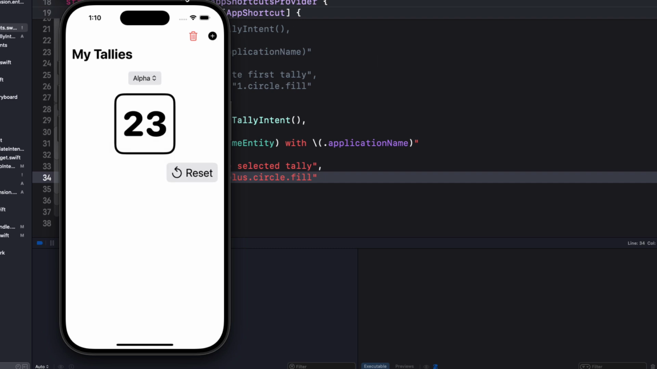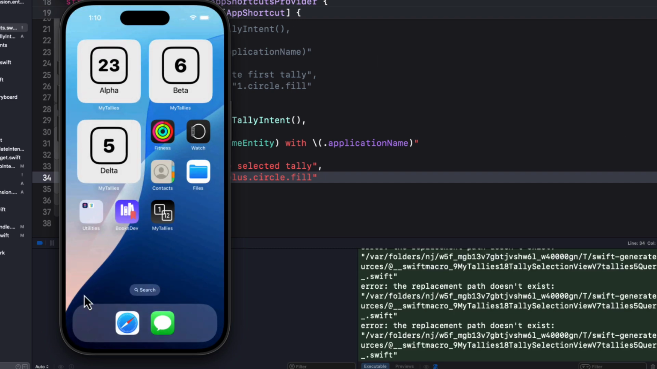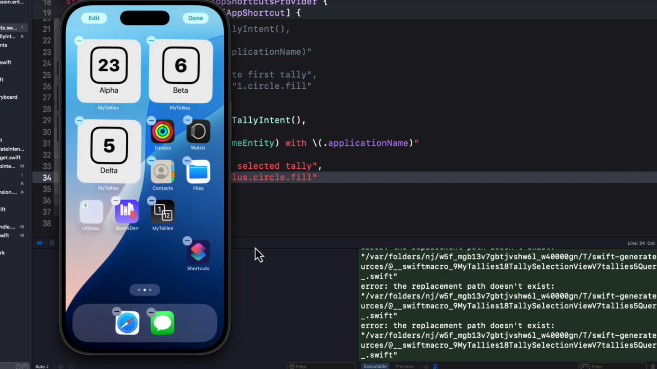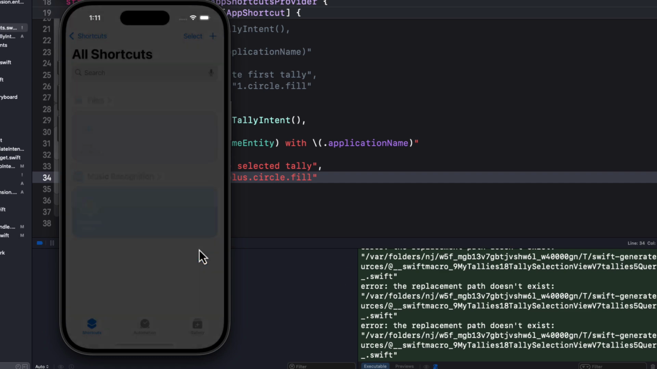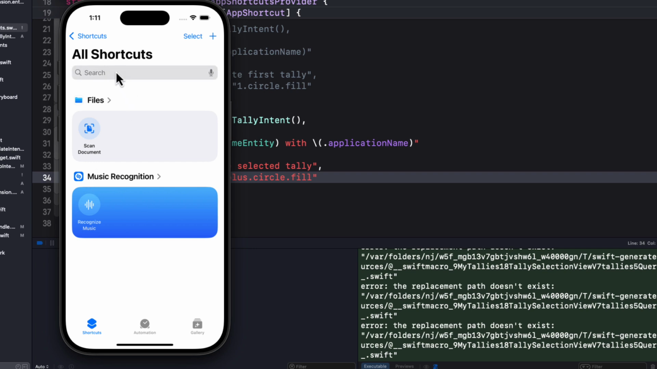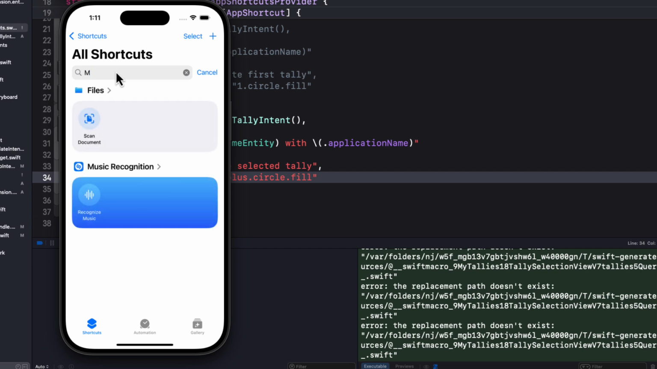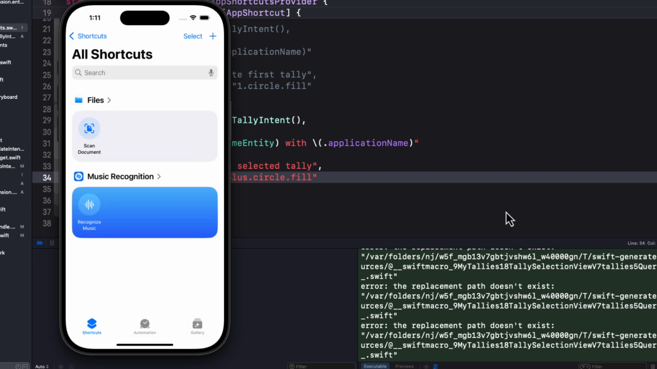I'm going to exit to the home screen. And let me drag the Shortcuts app out onto the home screen and take a look at the shortcuts. So let's open it up and search for MyTallies. And I don't see any shortcuts at all. So something's gone wrong. Well, what we need to do is to make one more critical function call when our